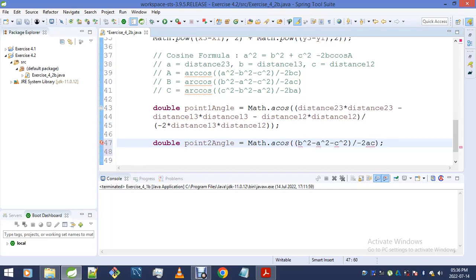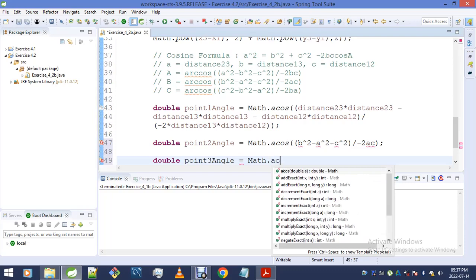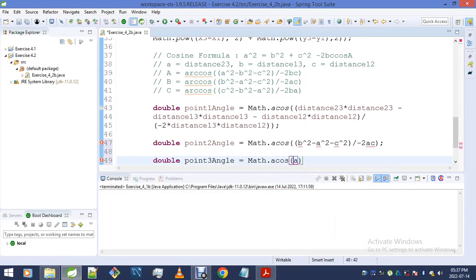Perhaps I should do the same for my last angle. Point 3 angle. I'll go math.acos and then replace that a over there with that right there. Okay, now let me start. I'm replacing b with the distance. b is nothing else but the distance between point 1 and point